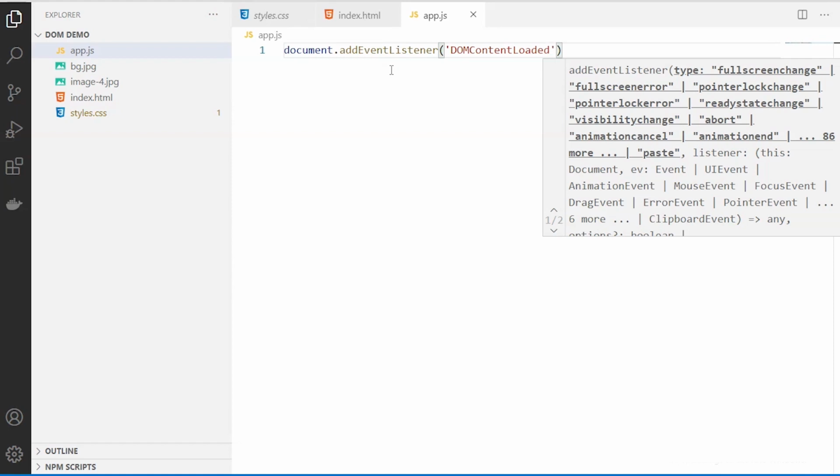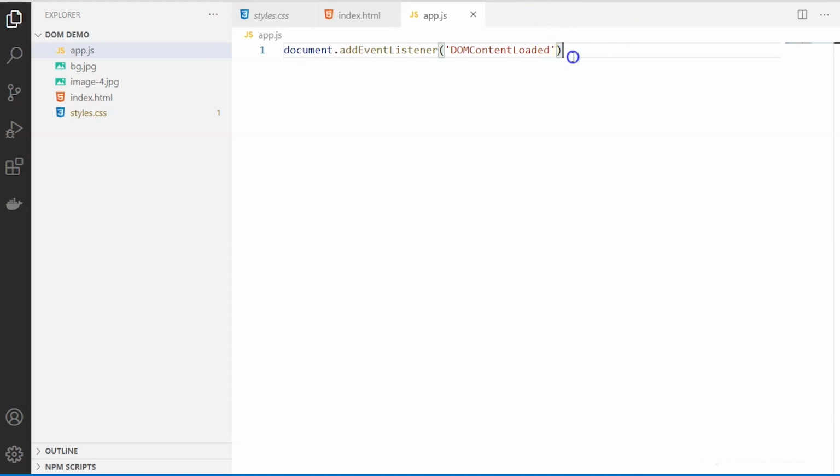There is another event which is called load. Now you will not be using that for this particular purpose. Here I'm just using this event to check if the content, that particular document, your HTML document, is loaded without the other dependencies. That's what I said, without the style sheet or other features to be loaded.